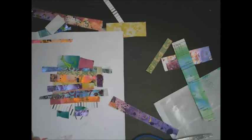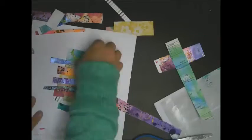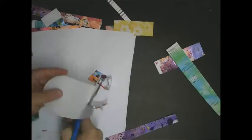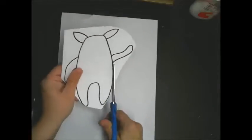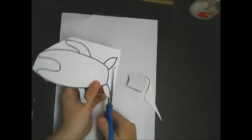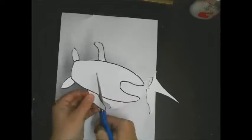Anyway, so I really liked this method of doing it if you don't have a child, because it's really easy. You just glue it all down and then cut it all out. So this next one, I just love this outline with the little ears. So I'm just cutting it out, and